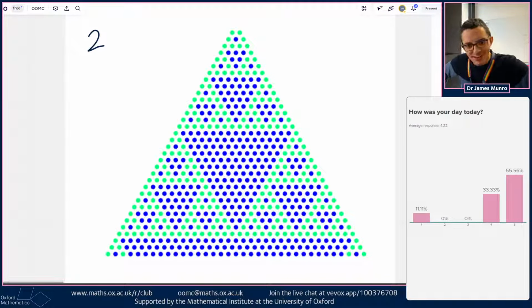Gosh, it's tough, isn't it? It's maybe the time of year when people start having mocks and predicted grades and start thinking about university, and that's all a bit tough. I'm always looking out for people to vote 1 star or 2 star. I don't know if doing a load of maths right now is going to make your day better or worse, but either way,